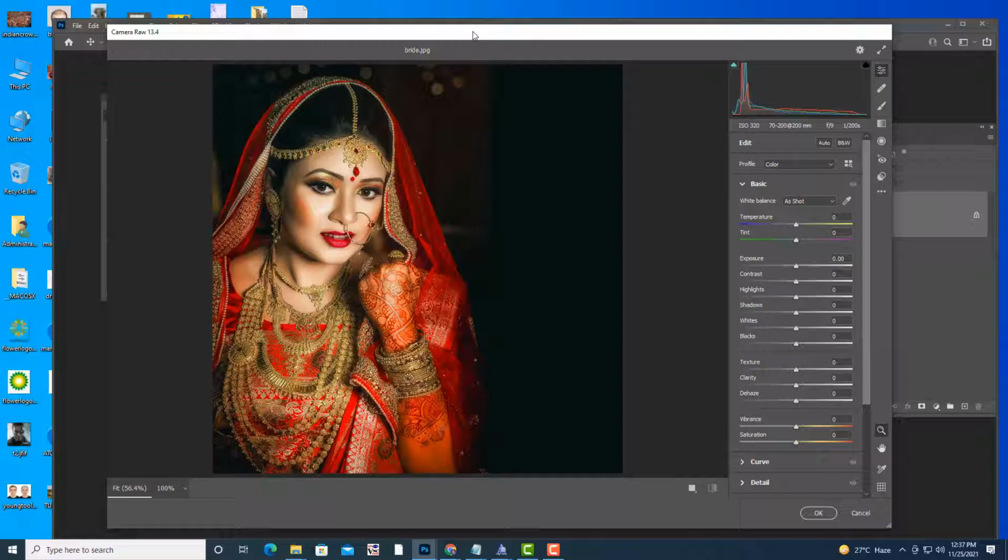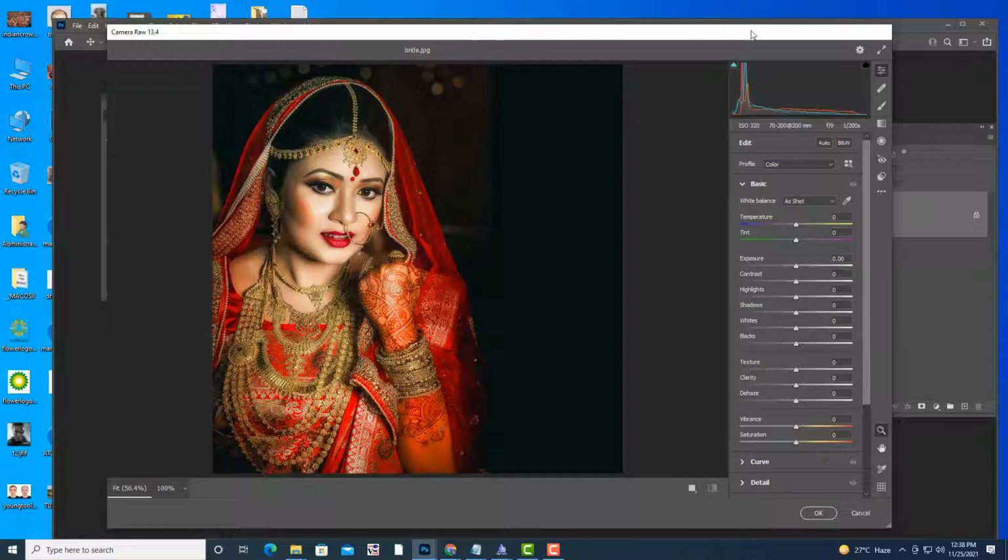Now we are going to see this camera raw. This camera raw is almost like an alternative to adjustment. Whatever we are going to learn in adjustments, the same things are found in this camera raw filter. So let us see what we can find in camera raw.